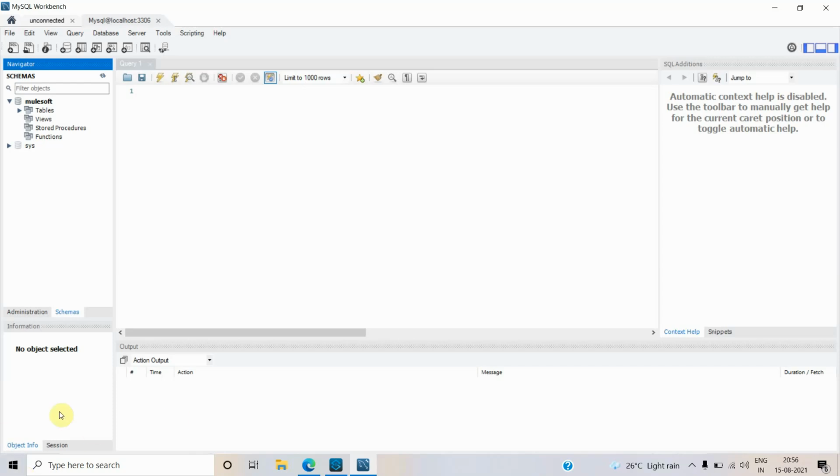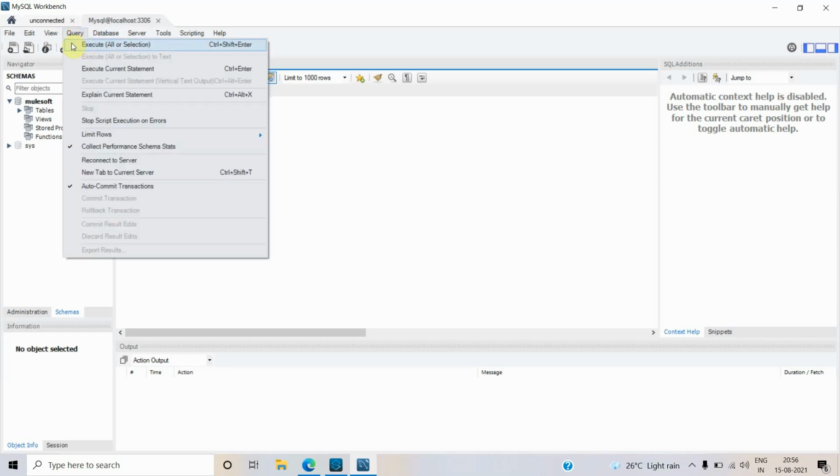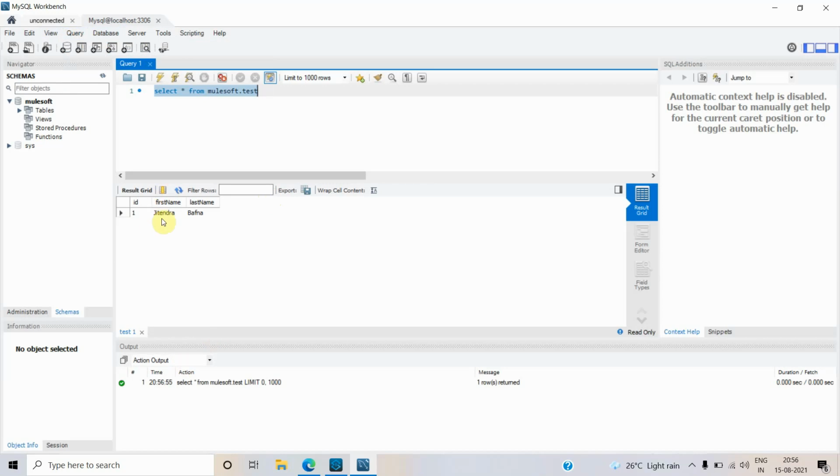So basically, this is my SQL database, and I have one schema which is known as MuleSoft. Within that schema, I have one table, so I will execute select star from MuleSoft dot test. It fetched me one record.